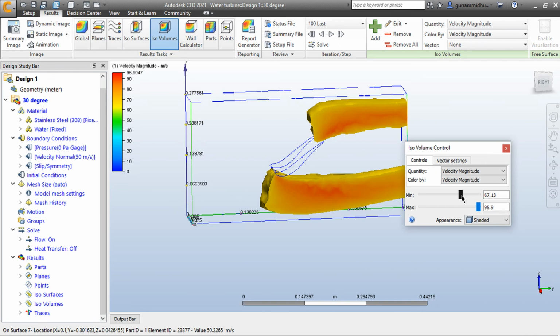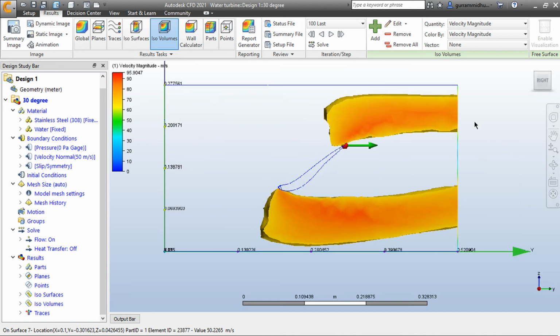Just play with all these visualization tools that are here and make judgments about the design you have developed. And one more thing: change the blade angle to 55 degrees and let me know what happened in the CFD through comments.